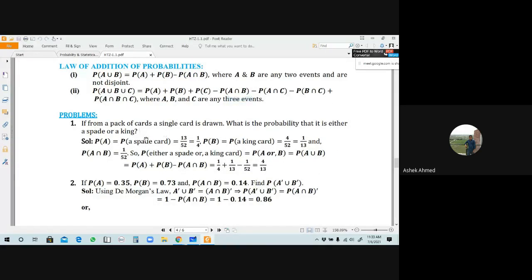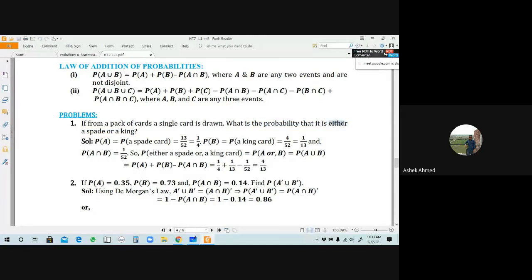Now we'll discuss the next problems. These problems are very important. From a pack of cards, a single card is drawn. What is the probability that it is either a spade or a king? What do you mean by this? স্যার, হয়তো বা স্পেড আসবে, নয়তো বা কিং আসবে।